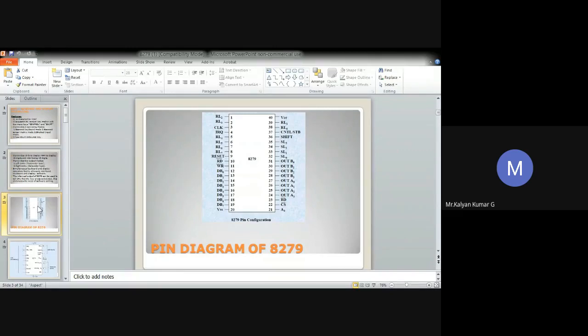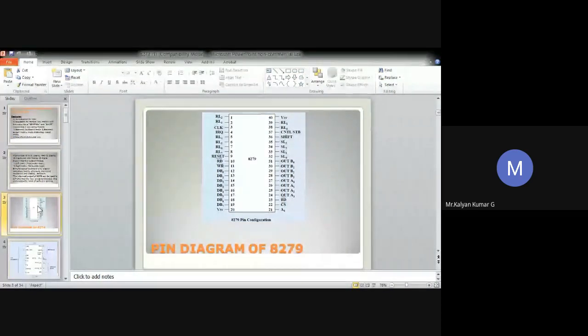Reset is an active high signal. Whenever there is a high on this pin, it resets the 8279. Once it is reset, the following happens by default: the 8279 provides a 16 8-bit character display. Left entry is selected as the default mode, and encoder scan keyboard with 2-key lockout. The programmable clock prescaler value will be set to 31. We'll see what encoder scan keyboard is.